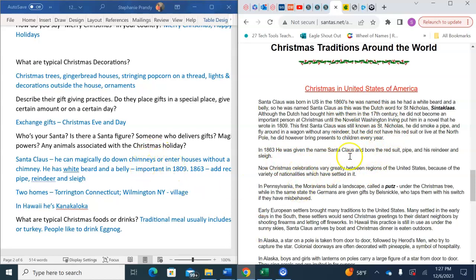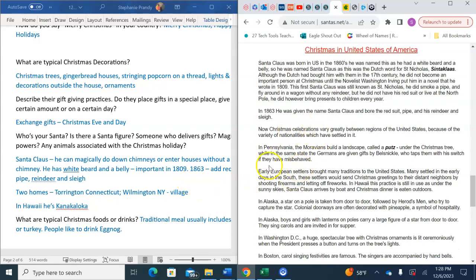So with Santa Claus, there's quite a bit of information here that talks about how Santa Claus didn't really become important until 1809, when an author wrote about him in his book, and then he didn't get his red and white and the reindeer and the sleigh until 1863. So it kind of evolved. So I just summarized that. I just took out the important parts. Don't copy and paste this, because you're not going to be able to pick out the words that you need, because we're only picking words for this when we come down to the end.